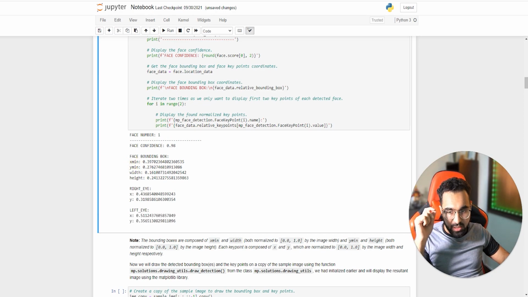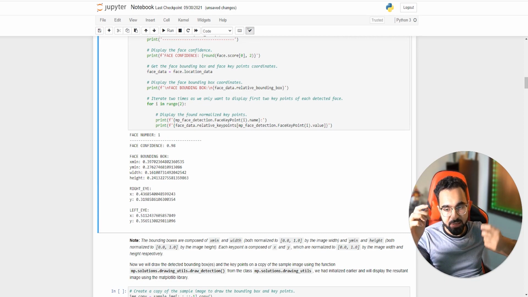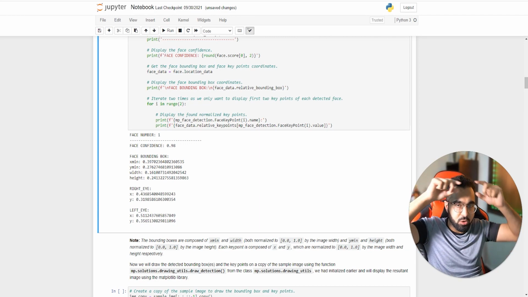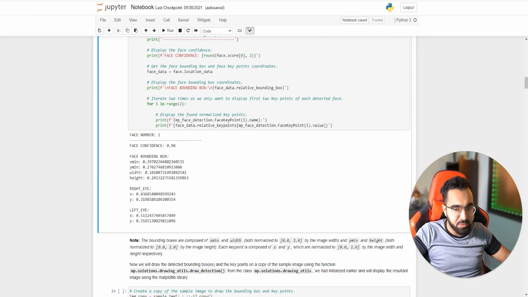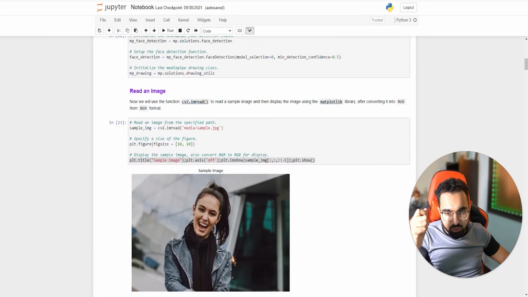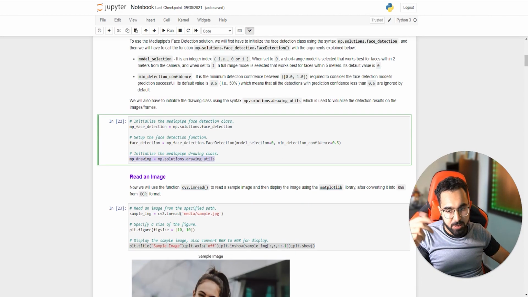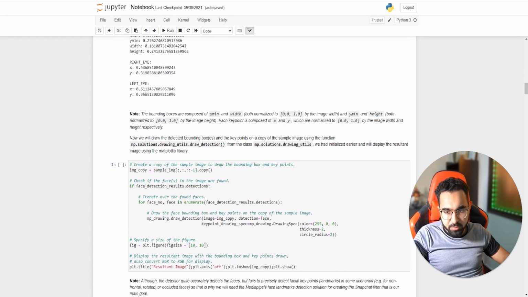And this x-min and y-min, you can consider this as the x1, y1 coordinate. And then this is the width and the height. You can get the x2, y2 coordinate by just adding the width to the x1 coordinate, the x-min here, and the height to the y-min coordinate to get the y2. And then when you have x1, y1, x2, y2, you can draw a rectangle around the face using OpenCV. But since we just loaded up the drawing utility function, we'll use this drawing utility function to draw and display the image. So this is what I'm going to do next.